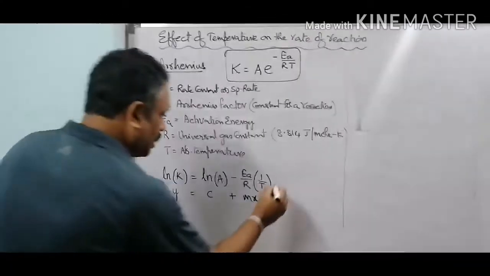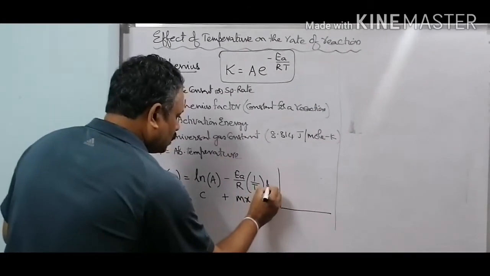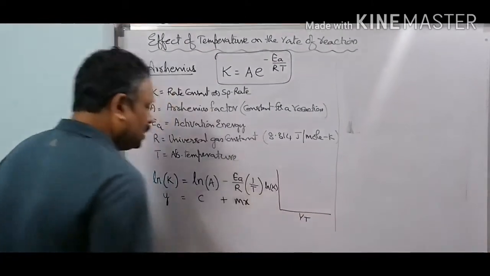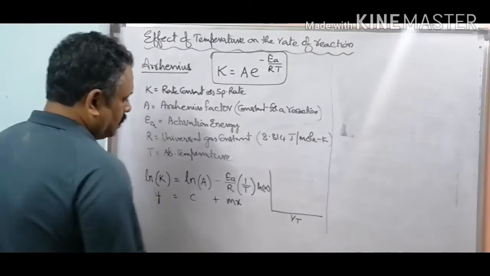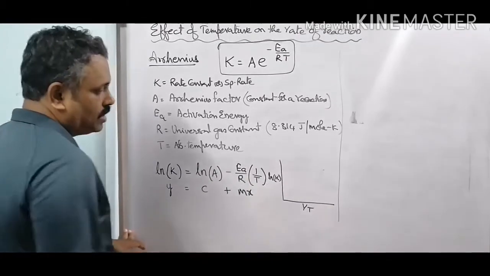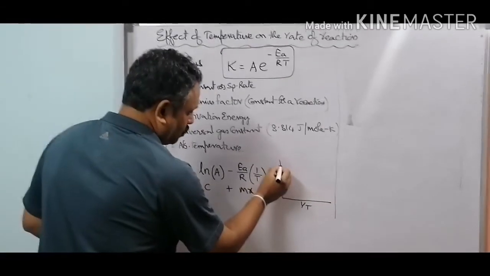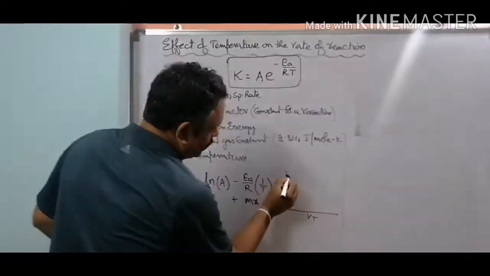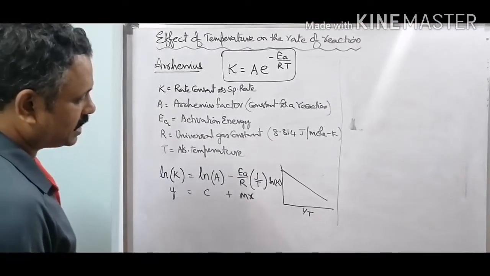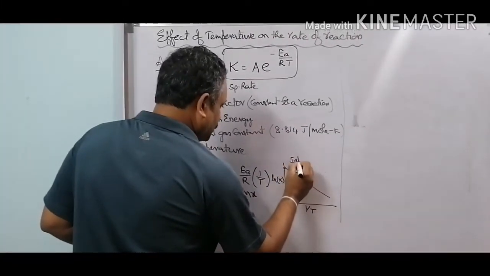So if you can draw a graph between the x term and the y term involved in this equation, it is a logarithmic value of the rate constant k on the y-axis and 1 by T on the x-axis. It is having a negative slope, m is the slope, so m is minus of EA by R, and it is making an intercept on the y-axis. So let us say this is the intercept, and this is an equation of a straight line. As the slope is negative, you get such a straight line graph, I mean.